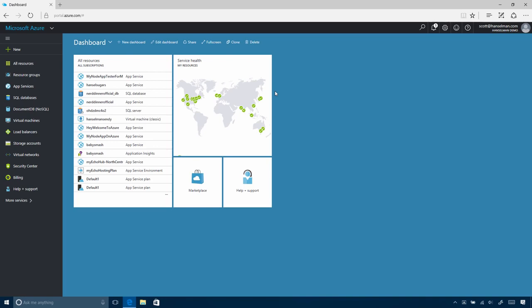Hi, I'm Scott Hanselman. Let's take a quick tour of the Azure portal and we'll drill in to some of